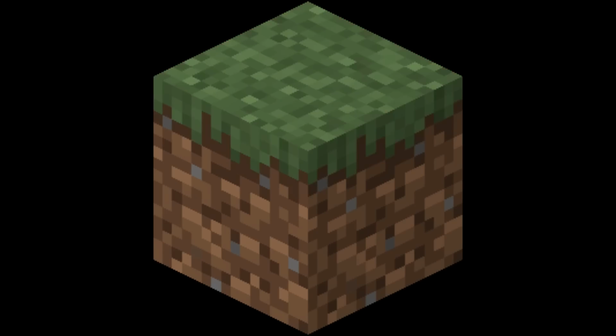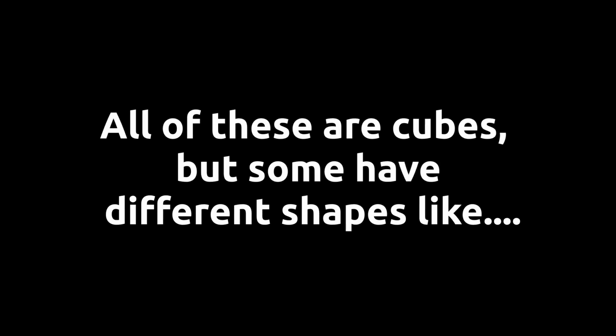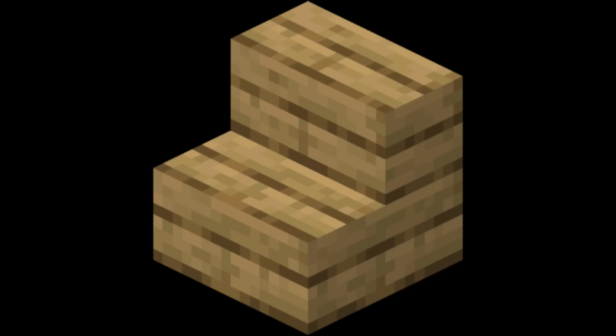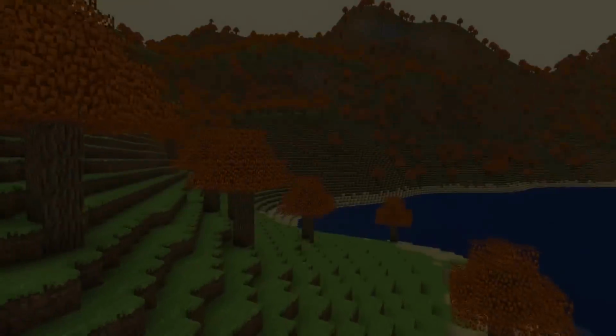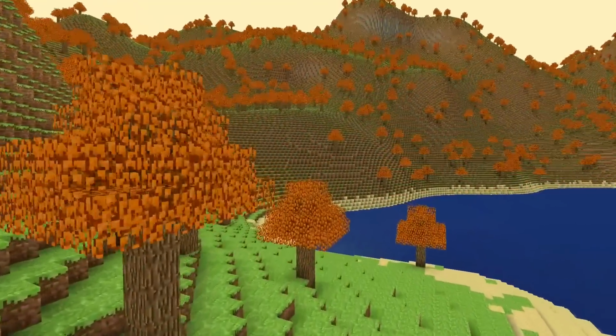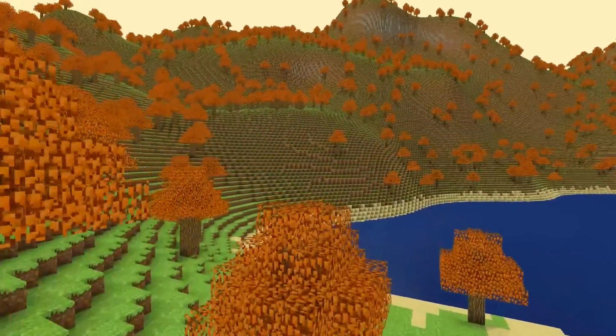Minecraft is made of blocks. Dirt, grass, stone. All of these are cubes, but some have different shapes like slabs, ladders, stairs, and torches. In my Minecraft clone, I render blocks by generating the faces on the fly in code, but for custom block